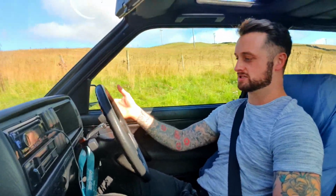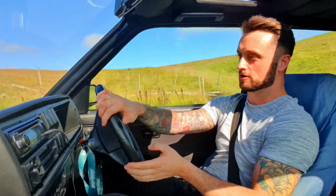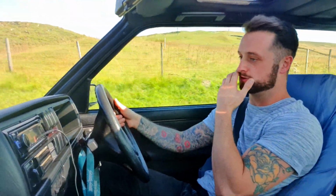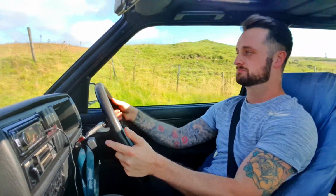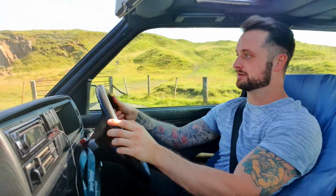As far as the steering goes, it feels like a good connection to the road. It's actually got the Mark III power steering setup that came with the Mark III donor car. And obviously it's nice and light when you're in a car park. It's not like, you know,